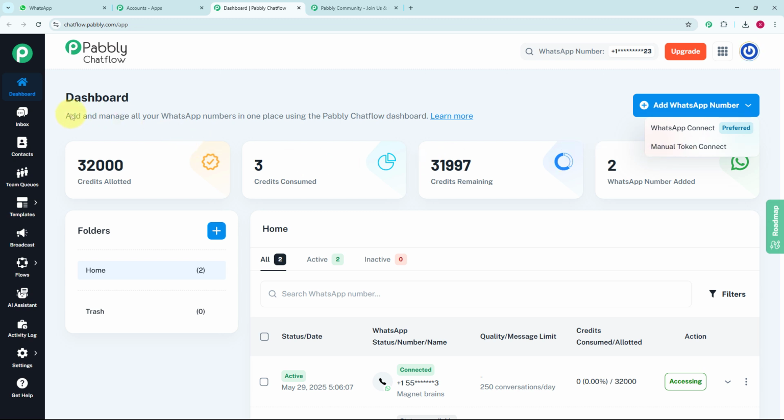Now moving on to the sidebar, you can see these are the features provided by Pabbly. You can access any of these features, and these features are inbox, contacts, team queues, templates, broadcast, which we are going to schedule now, flows, AI assistant, activity log, settings, and get help. And if you want to learn more about these features, you can find the video link in the description given below. And as we are going to broadcast the message, we will simply click over this broadcast over the sidebar,